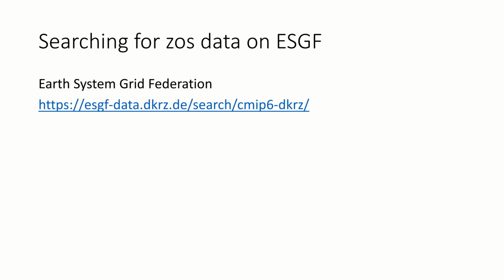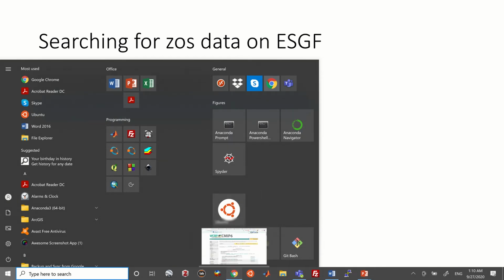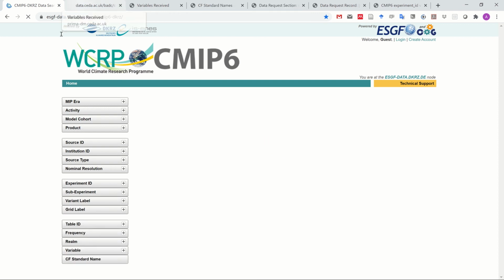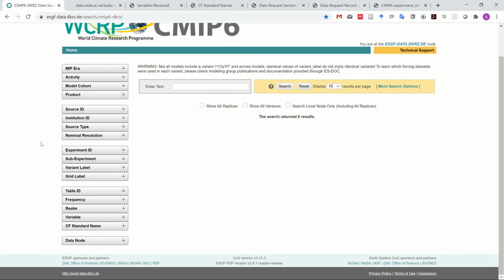So now we have learned about the directory template and the file name template. We can now search for this data. I will show you, so you can have a clean start here, how to first search for this data and then how to browse the data on the CEDA archive, for example, and how to list this data on the Primavera project. So here,